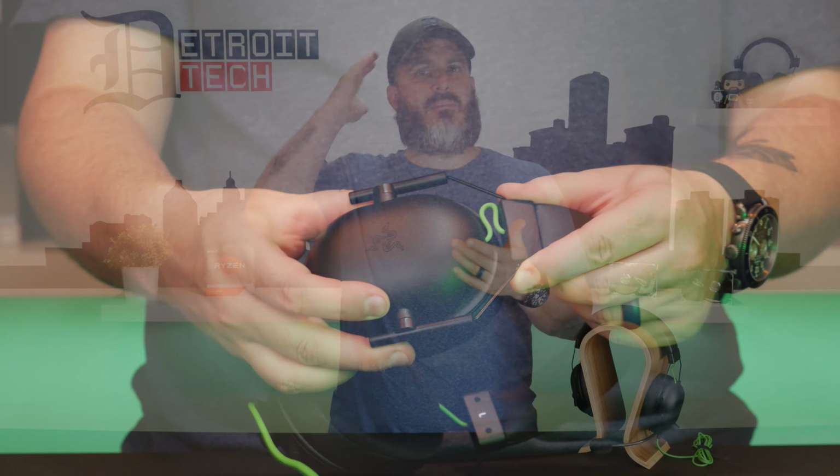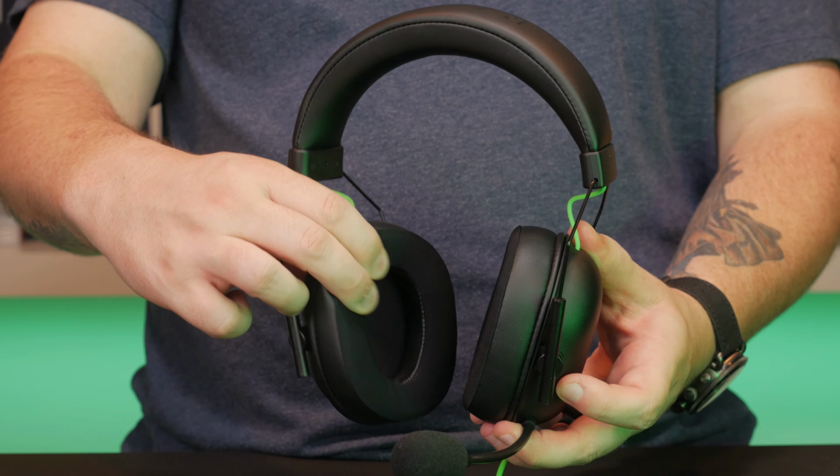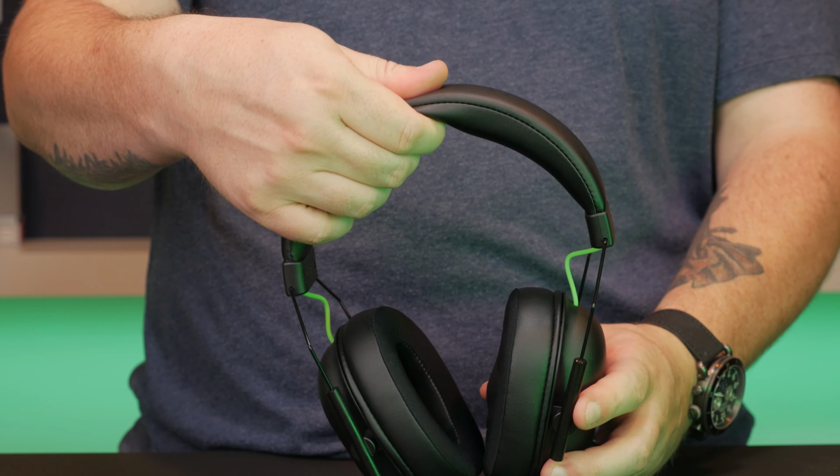Some people have the headband maybe further forward on the head, and when the ear cups are oval like this, you can kind of rotate it and creates contact with your ear. This way, it just gives you more leeway to really get that perfect fit. I love it. The ear pads are deep enough that I don't make contact with the grill, which is great. They're not huge, so my ears do make a little bit of contact with the pad at times, like on the outside here,